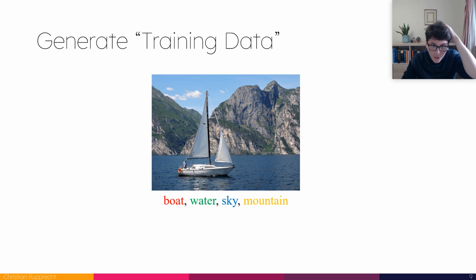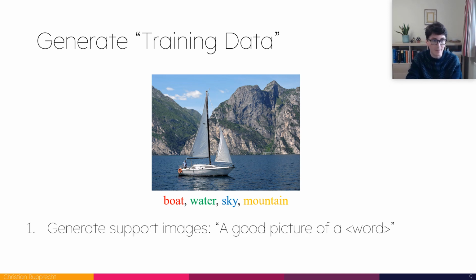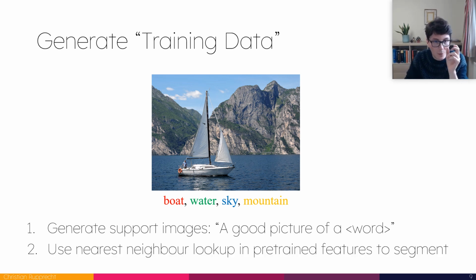Now, what we can do with the current large-scale models is we can actually generate training data as support for this segmentation task. There's a lot of research out there in terms of prompt tuning. In this work, we did a very simple prompt. We just use "a good picture of A," and then we insert all the classes one by one that we want to segment. With that, we basically generate on the fly a training data set, in quotes, for this image to solve the segmentation task.